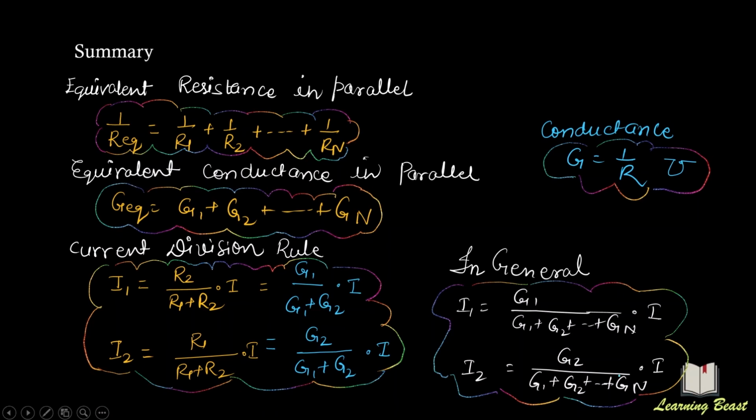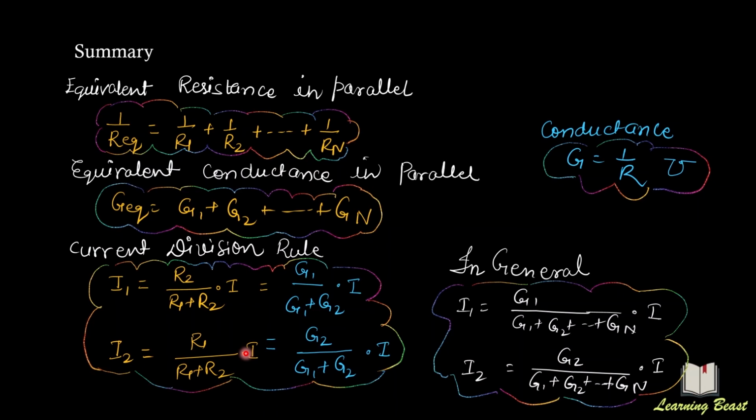In current division rule, we have learned that the current in a resistor is directly proportional to the resistance which is in parallel with the branch which is carrying current. I1 is divided by the sum of the 2 resistances into the current which is dividing into parallel branches. Similarly, I2 is equal to R1 which is in parallel with R2 divided by R1 plus